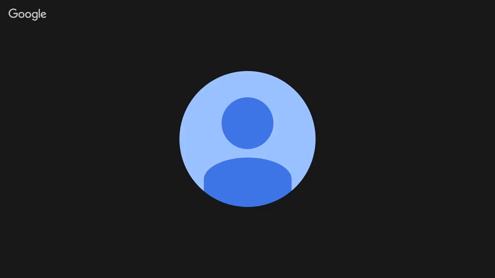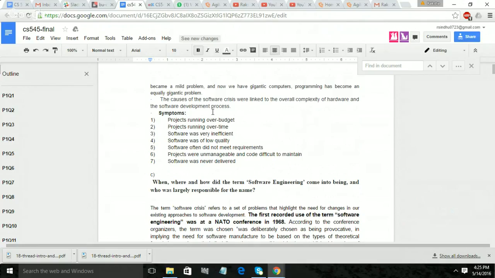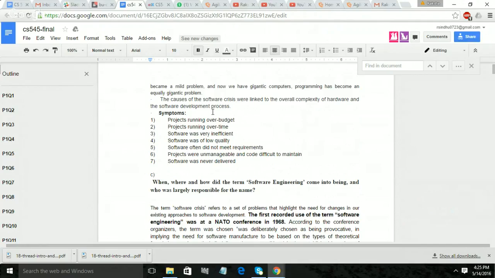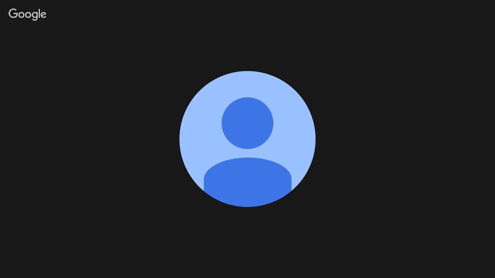But like Professor Murthy did this thing. What I am saying is either rephrase the sentences so that it is not directly copied, so that it's not directly visible, what I'm trying to say. And these are all causes, not symptoms.